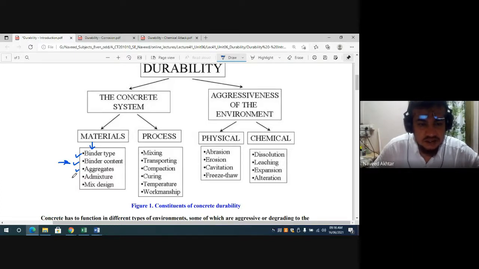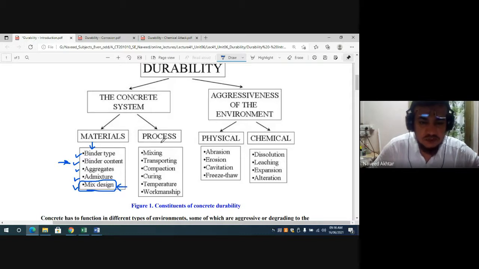All these are binder materials in concrete, but these cementitious materials have to be a very fine powder, and then only they are reactive. We also use admixtures and the mix design. Mix design is nothing but the selection of proper proportions of all the above materials, termed mix proportioning of the concrete. We do this as per our requirement, the grade of concrete, or the durability required at the site.